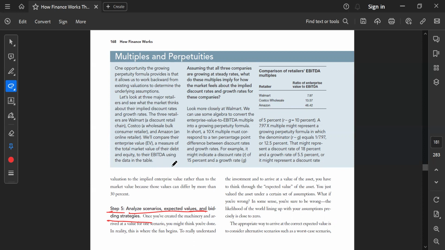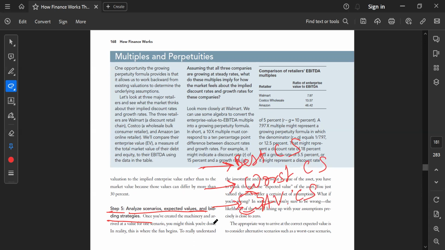ऐसा कोई गारंटी नहीं है कि इस प्रोसेस के दौरान हमने कई सारे असम्प्शंस बनाए। अब कोई गारंटी नहीं है कि एक्चुअल में जो होगा वो will be according to what we have assumed, right। सो इसके लिए हमें कई सारे सिनेरियोस को कंसिडर करना पड़ता है। फर्स्ट हम लेते हैं बेस्ट केस सिनेरियो कि बेस्ट केस सिनेरियो में हमारा मार्केट वैल्यू क्या होने वाला है। उसके बाद वर्स्ट केस सिनेरियो में क्या होने वाला है, और एवरेज केस में हमारा क्या होने वाला है, राइट।